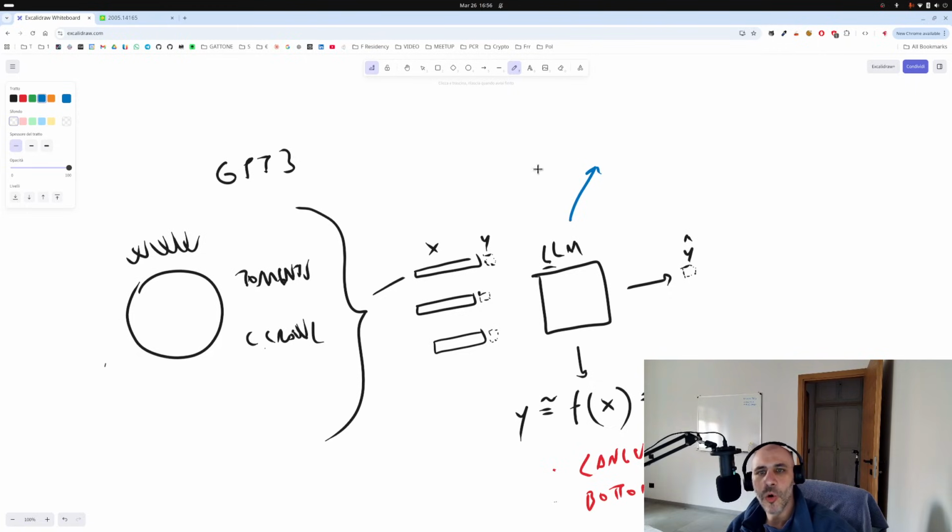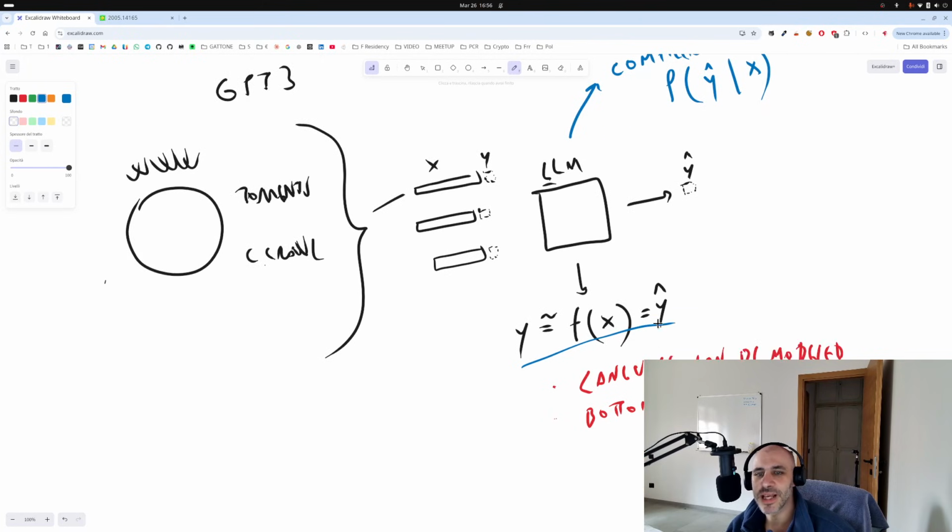The whole process is a form of data compression. Because another way to see this is the probability of the next token: what is the probability of the next token given the previous context? So you must learn this distribution, and this is the same as expressing it as a simple modeling function.